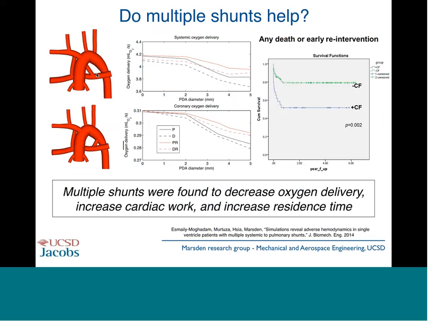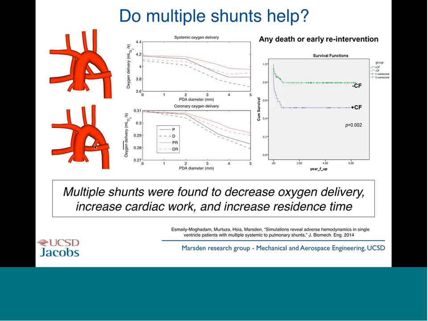So that's by doing a central shunt or by leaving the ductus arteriosus patent at the time of surgery. And so we examined both of these scenarios with a range of diameters for both the central shunt and this PDA. And we actually found that the addition of a second connection